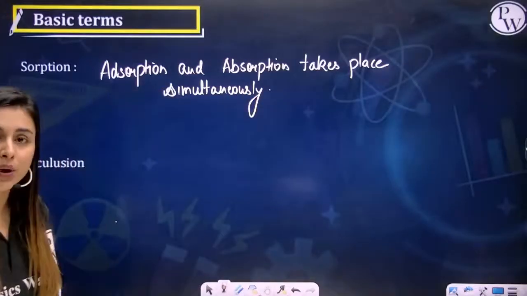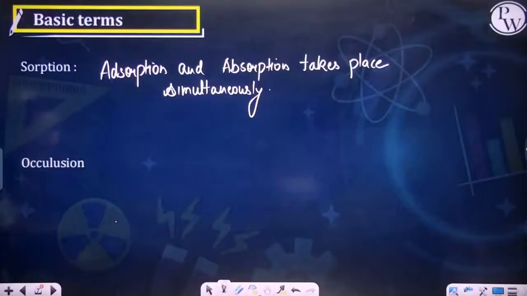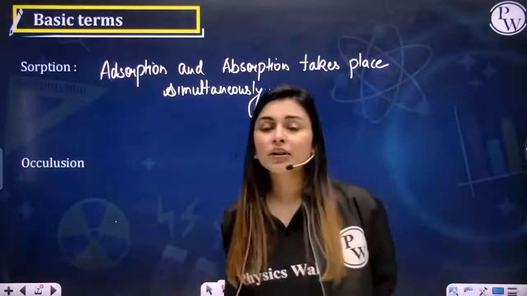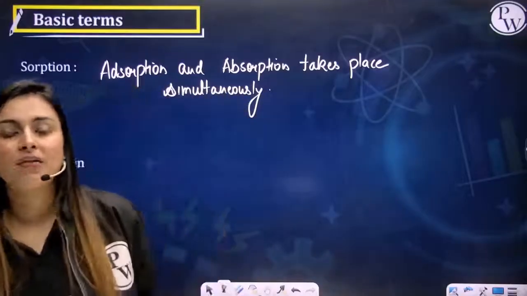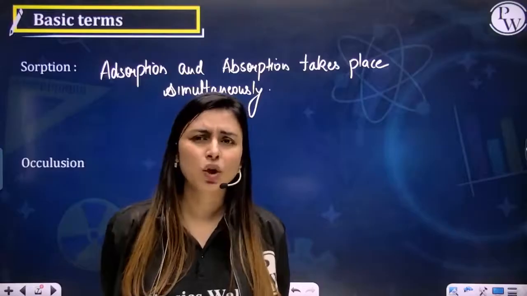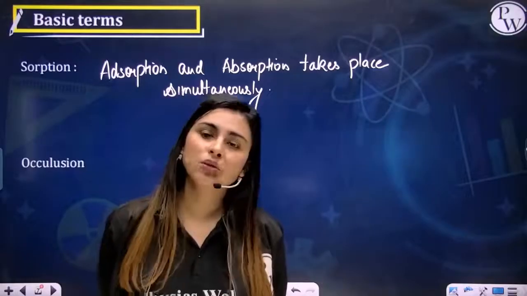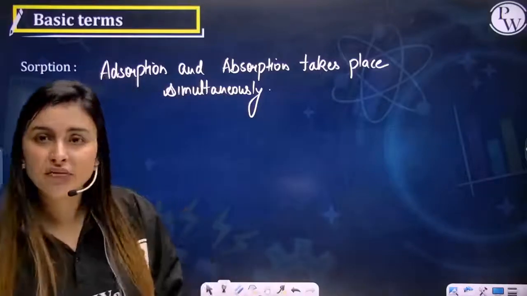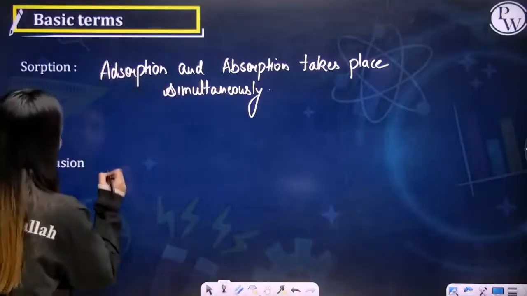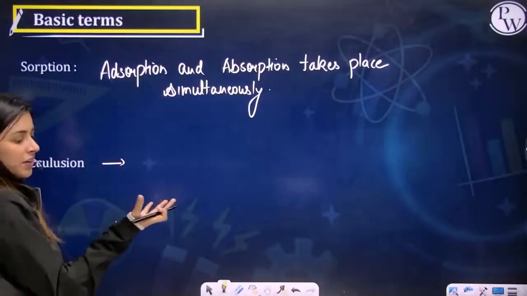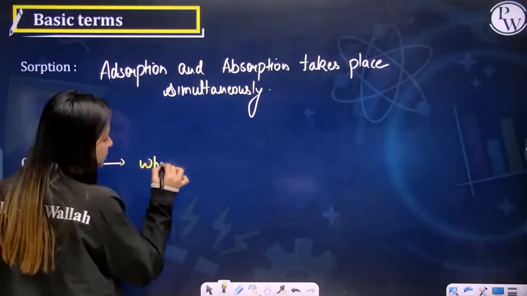Perfect. Now we can move forward, and now let's talk about occlusion. What is occlusion, my dear students? I told you that you have an adsorbate and you have an adsorbent. Now, adsorbate can be gas, solid, liquid. Adsorbent can be solid, liquid, gas, right? Yes, they can have any of the three states of matter. So now, when you talk about occlusion, my dear students, it is a specific term for a process where your